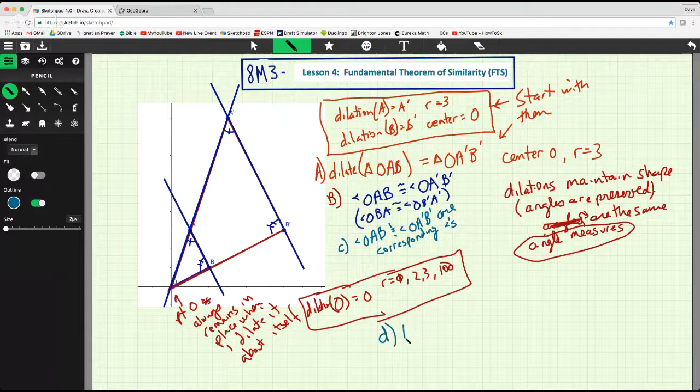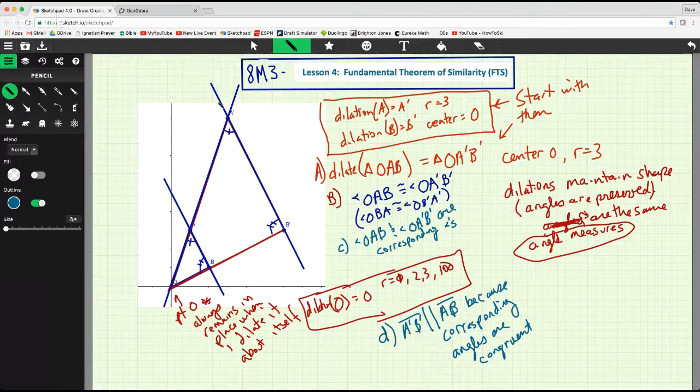And so the answer is A prime, B prime must be parallel to AB because corresponding angles are congruent. Right? Because these angles are the same and these two lines are cut by a transversal and they're corresponding angles, those lines must be parallel. So what we have proved